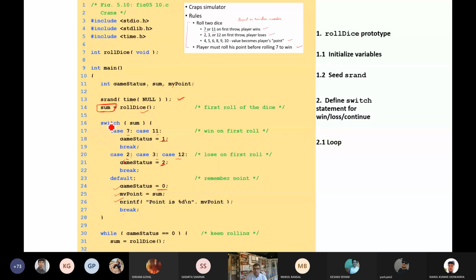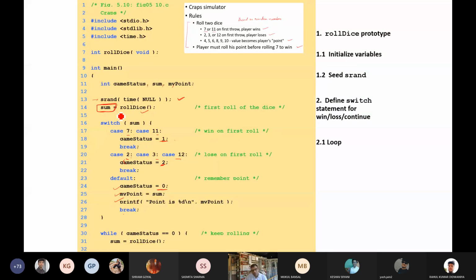So we have declared switches, and sum equals the roll dice function. On the basis of this, because we call srand time null, this is the first roll of dice, and sum equals roll dice.